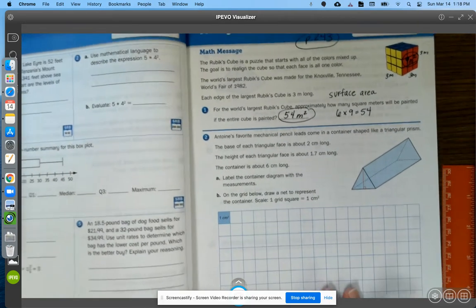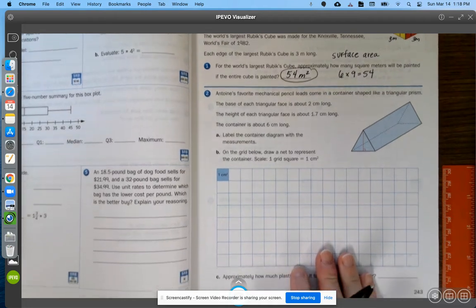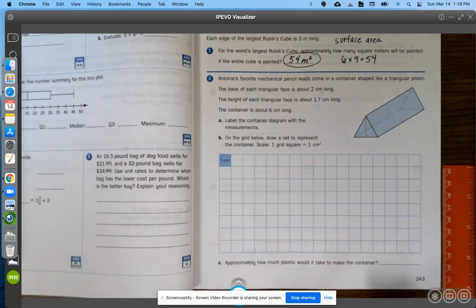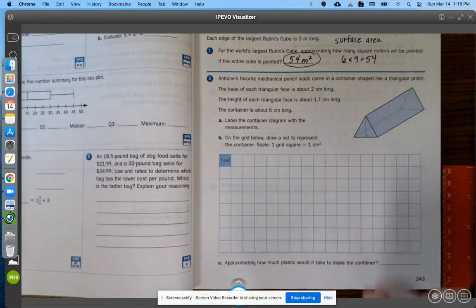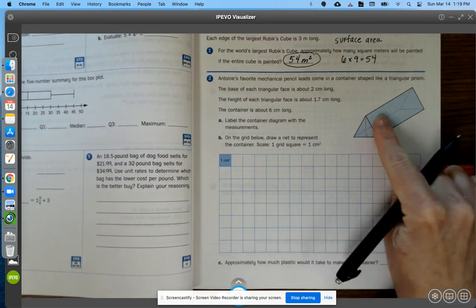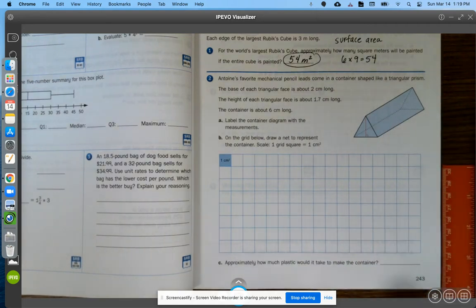The rest of them are not cubes, so they're going to be a little bit trickier than that one. And we're going to practice drawing our nets again today. You will have to draw nets on your quiz coming in on Friday. So this is really good practice drawing something. And today what we have are not rectangular prisms. So this one is a triangular prism. And you can see that the ends are triangles, but then we have 3 rectangles that connect those